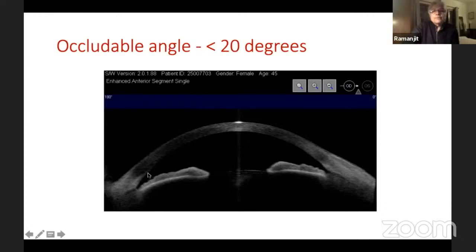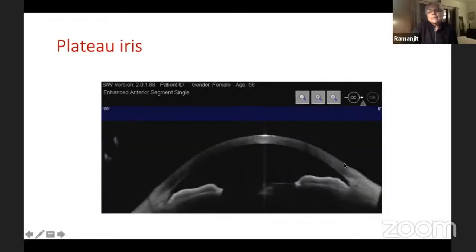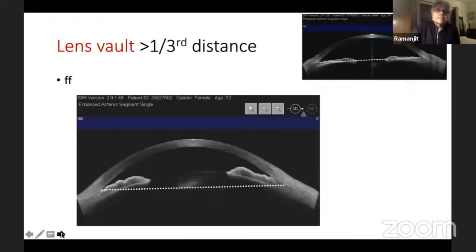So the angle formed by the most peripheral cornea and the iris, if it's less than 20 degrees, is likely to go into closure. A plateau iris is one where you have a flat iris which suddenly dips in the periphery. Because this is an anterior segment OCT, you cannot see that the ciliary body processes are actually pushing up the peripheral iris. This is a controversial one, and I think we saw this diagram on the right side earlier, where